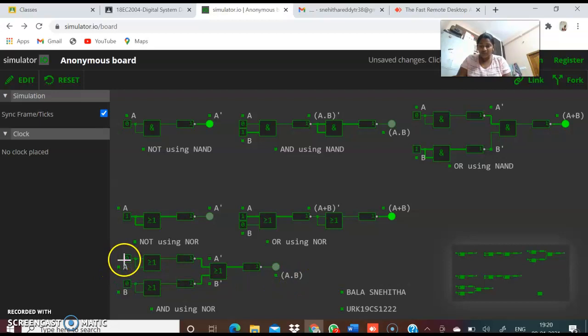So when I am giving both lower, we are not getting an LED. When I am taking one higher and one lower, also we are not getting. When I am taking one lower and one higher, also we are not getting. But when I am taking both higher, we are getting. By this I completed my realization of gates successfully.